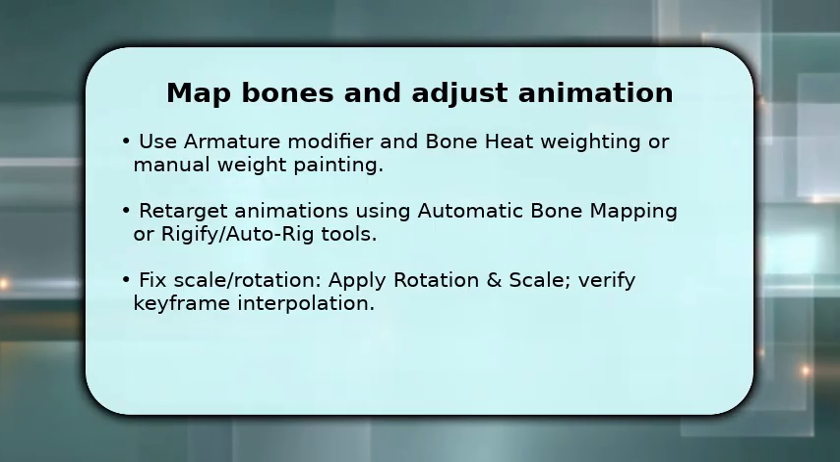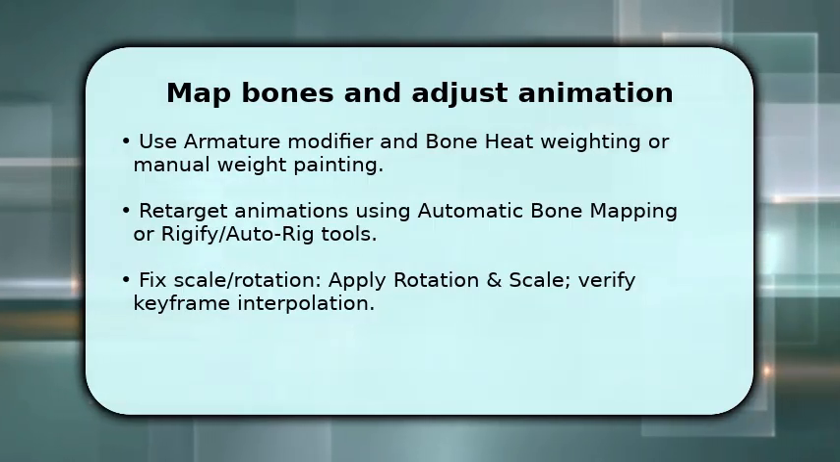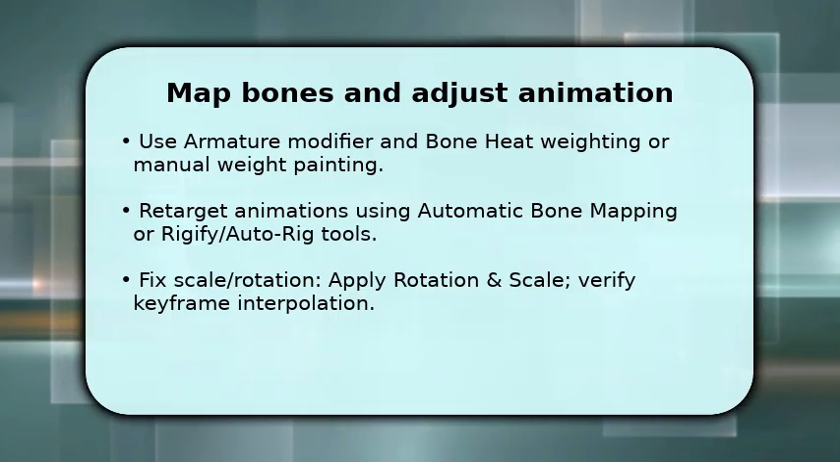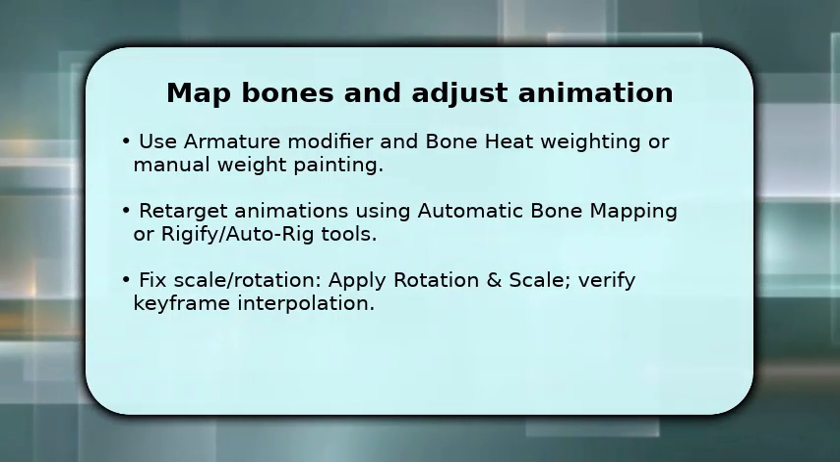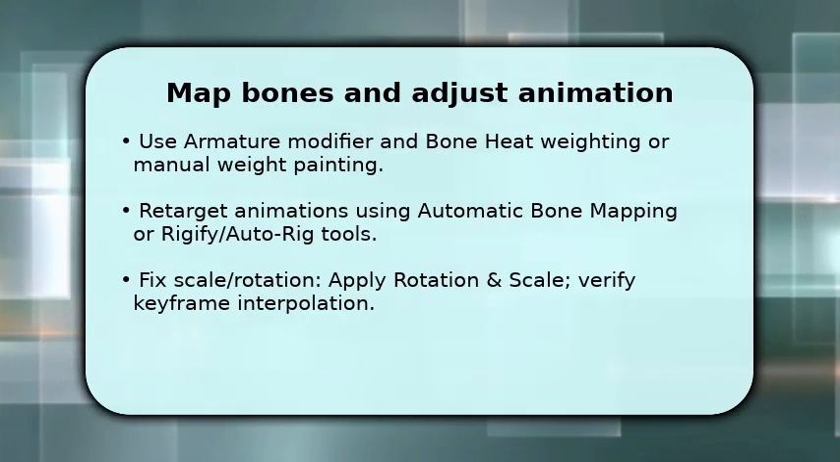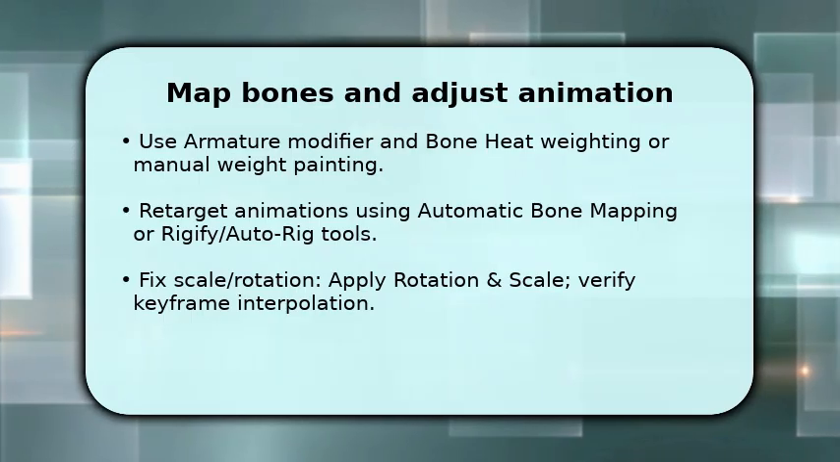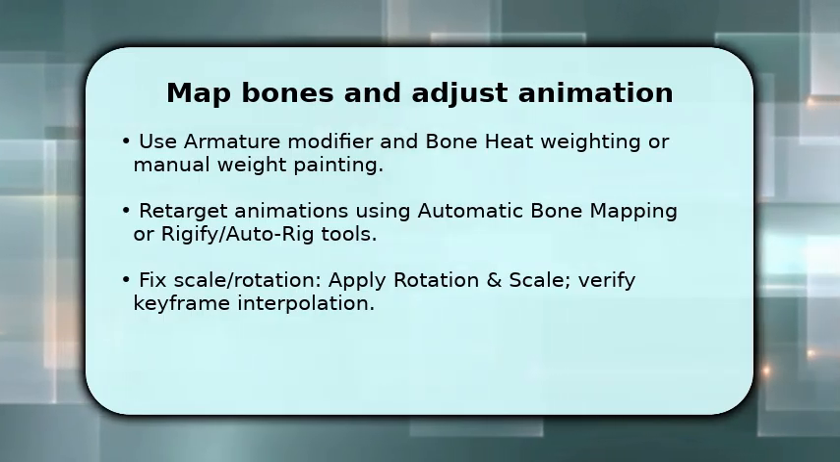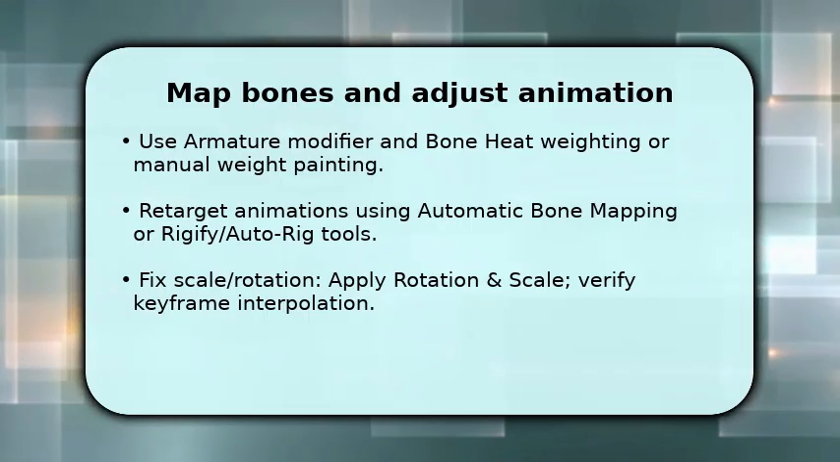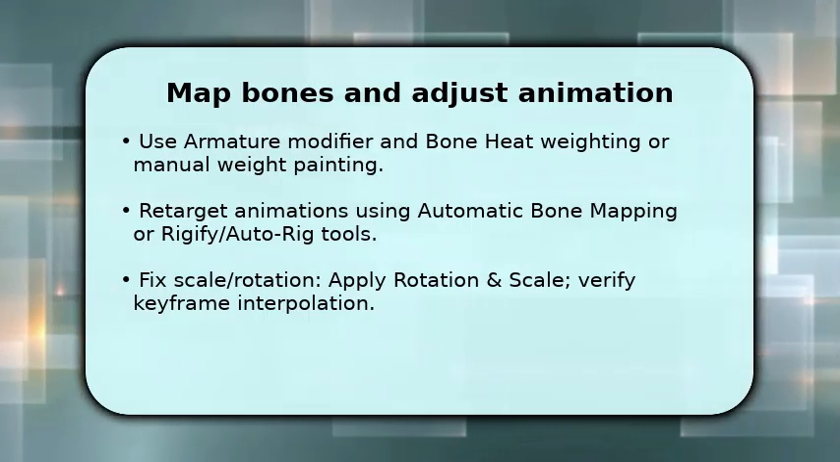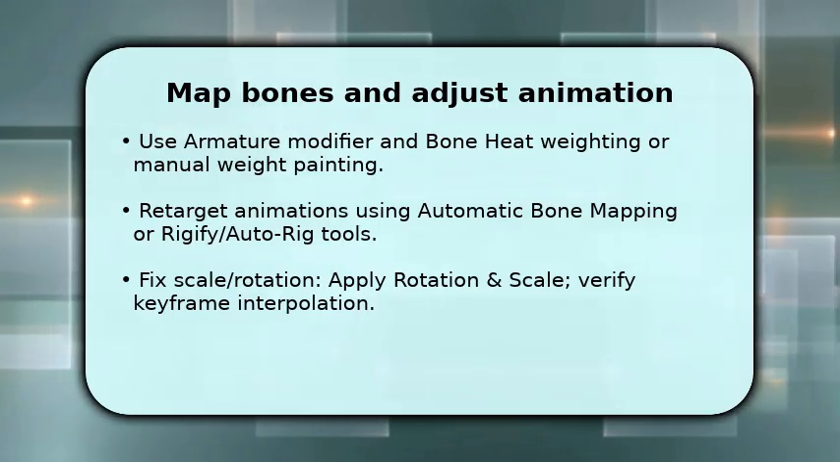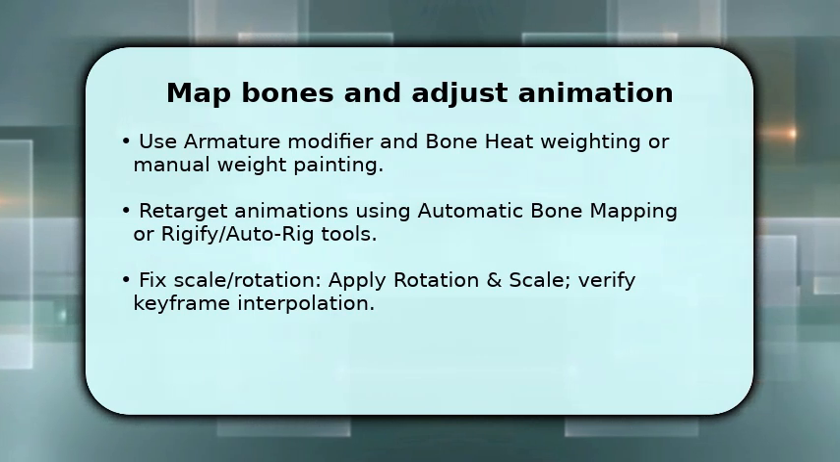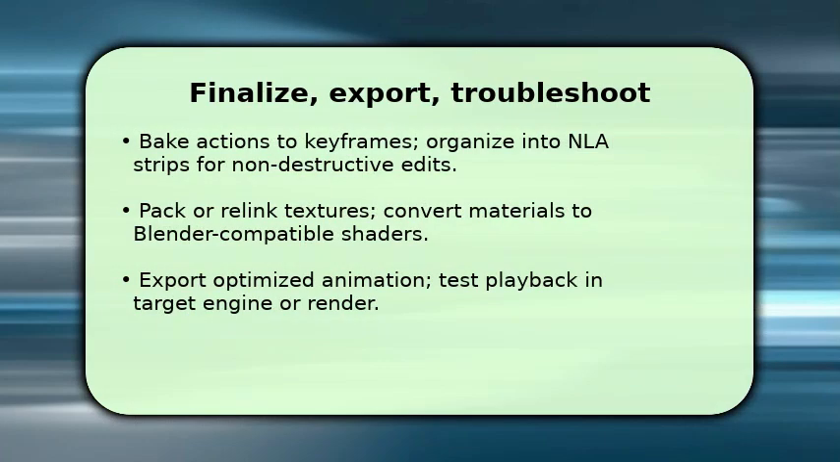Once the file is in Blender, focus on skeletal mapping and deformation. Check that the imported armature matches your target rig and use automatic bone mapping or retargeting tools where possible to speed the process. Make sure to apply rotation and scale to both mesh and armature, then inspect weight painting and run a quick playthrough in the timeline. If interpolation looks off, adjust keyframe easing or bake action to clean keyframes, because clean curves produce predictable playback and easier edits. Finish by baking cleaned animations to keyframes and organizing them into NLA strips so you can mix and